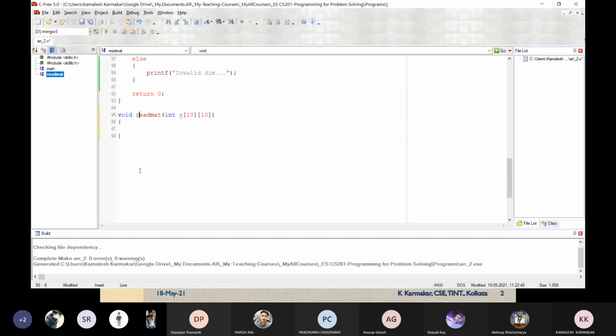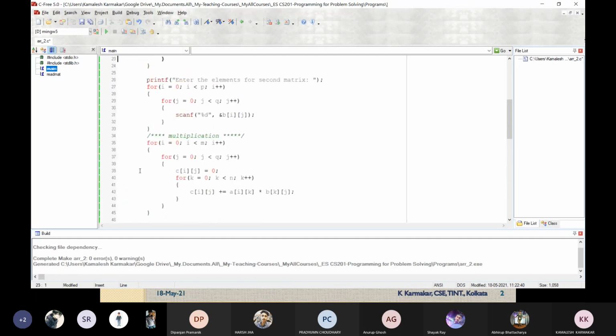How many elements have to be read? So for an array we have to pass the dimension. Say it's a and another dimension is b. So the dimension of this is a comma b. Okay. You have to read the values.